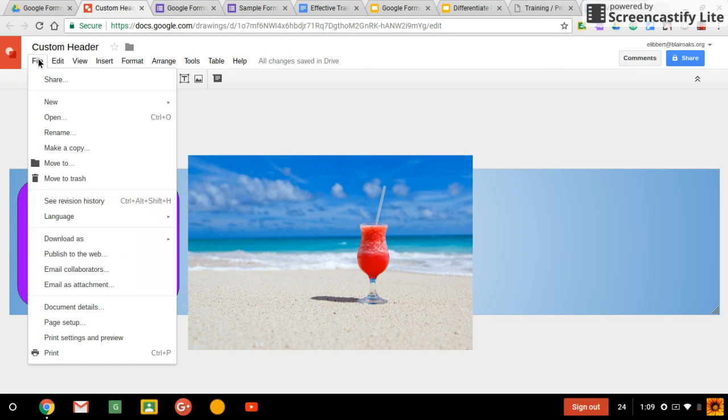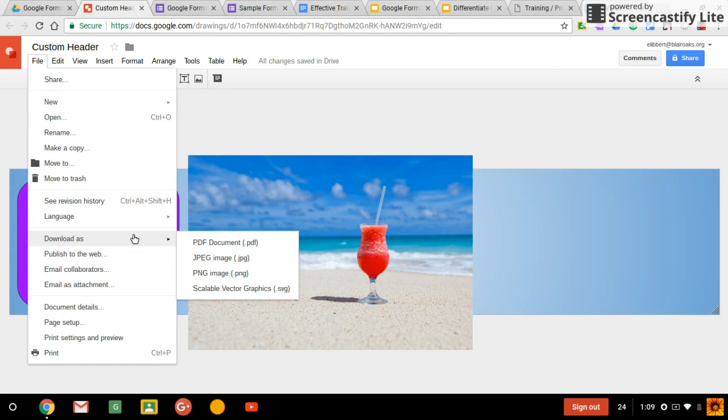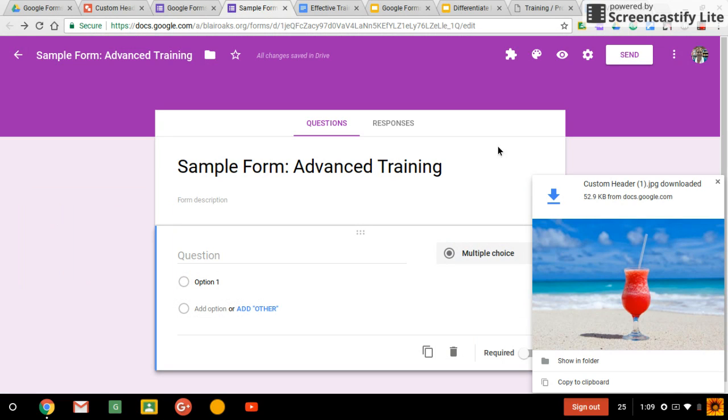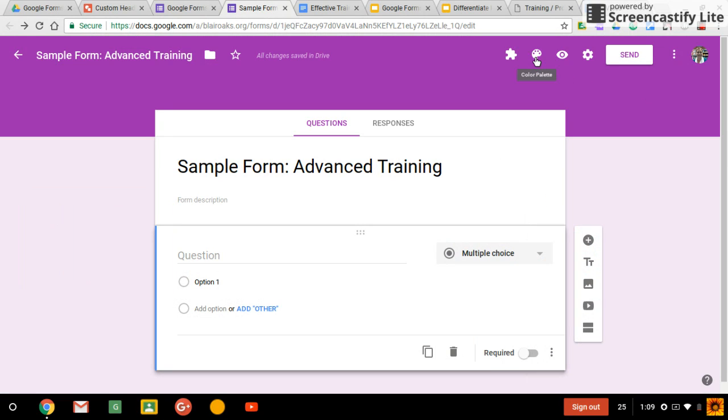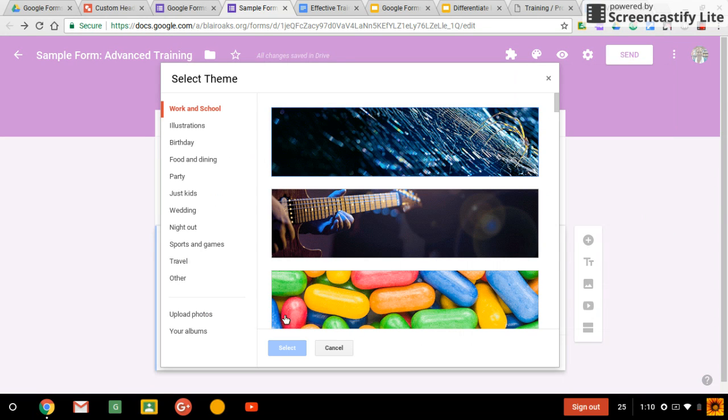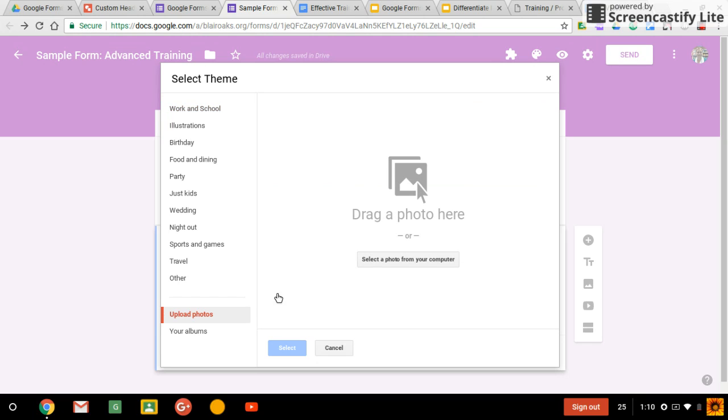So I need to go to File, Download As, and I'm going to make it into a picture file, a JPEG. So click JPEG image, and you'll see that it's downloading this image. Doesn't show the whole thing, but that's okay. It's still in there. Now I'm going to come back to my sample form, and I'm going to come back up here to Color Palette. I'm going to come down to this picture here, the little mountains. And now I'm going to choose to upload a photo because I saved that as a JPEG photo. So click Upload Photo, select a photo from my computer,